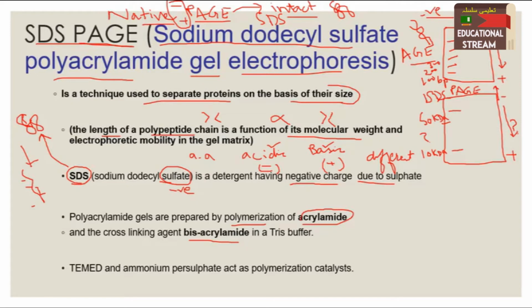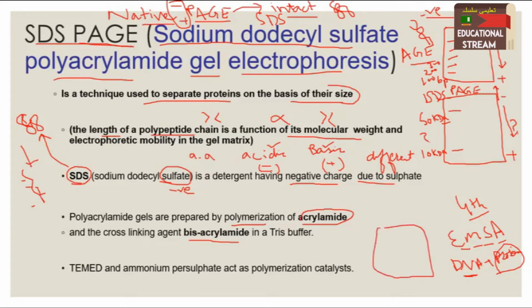Another important thing is that we use the native PAGE when we study different interaction experiments. If you recall the research articles that your class has presented, the fourth group article used a technique called EMSA, electrophoretic mobility shift assay, in which we checked the interaction between DNA and protein. For that purpose, we used a labeled probe of the DNA. We incubated it with the intact protein that we had purified by overexpressing that protein, and then we checked on the gel what the result is.